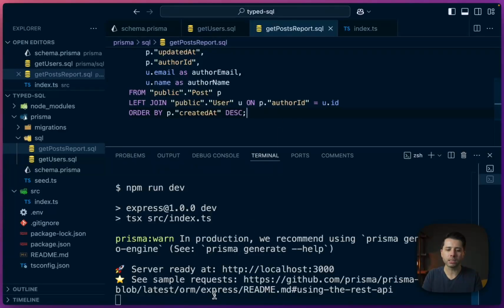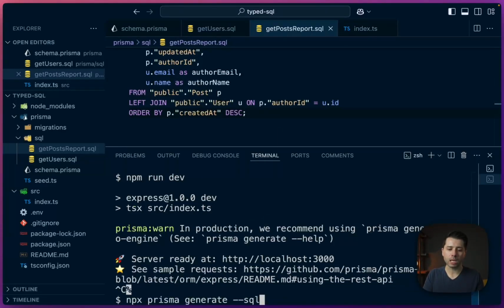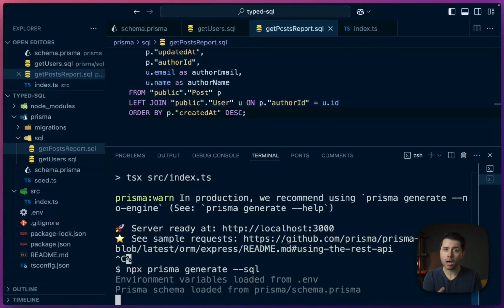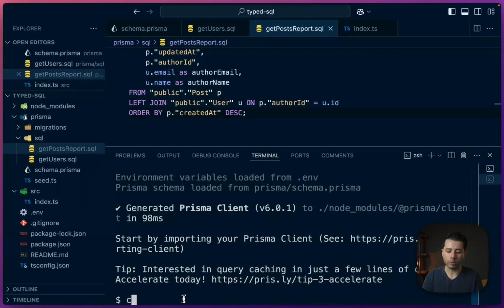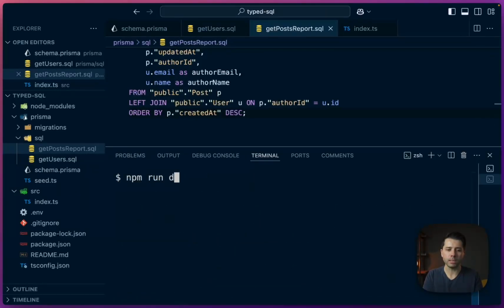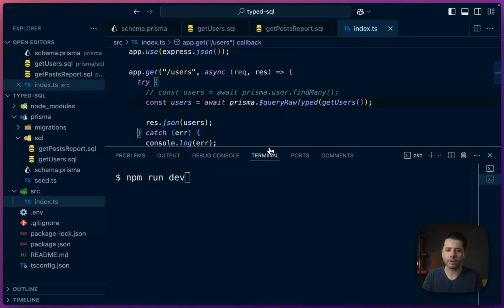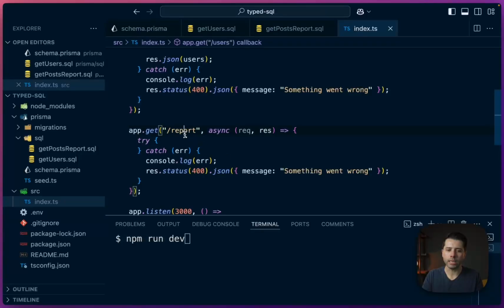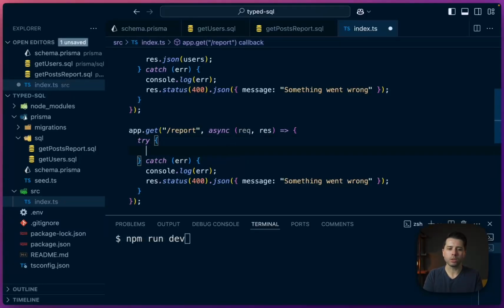So we'll save that. And we'll run the same generation command again with the SQL flag so that we can pick up on that new SQL file that we created. npm run dev on that. We'll run that in just a sec. First, we have to go back over to our index file, and we have to work in our report endpoint here. So let's do const reportData equals await